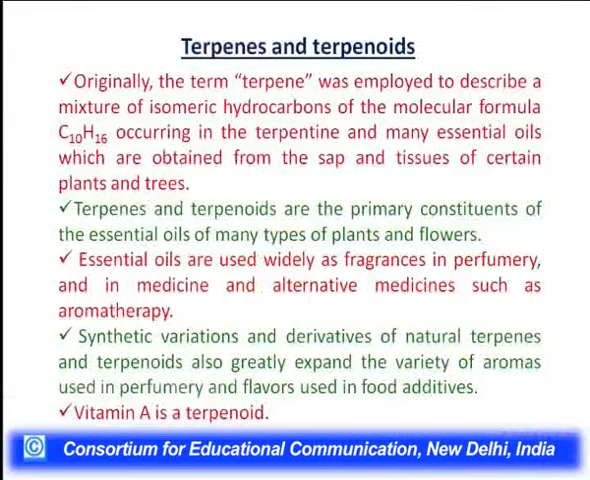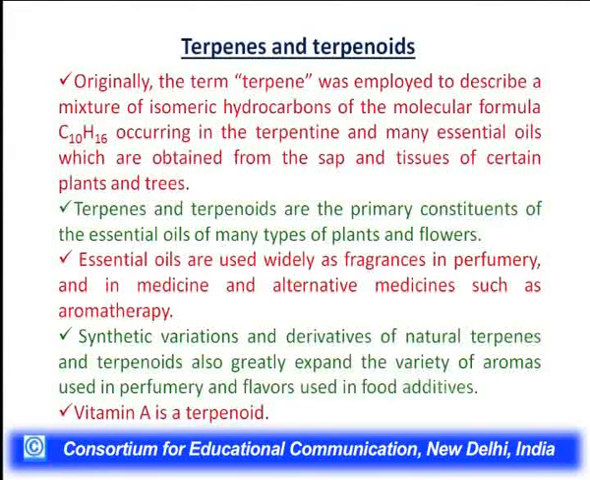So first, the introduction to terpenes. These terpenes are derived from the essential oils present in herbs and trees. The term terpene was employed to describe a mixture of isomeric hydrocarbons of the molecular formula C10H16 occurring in turpentine and many essential oils which are obtained from the sap and some tissues of certain plants and trees. These terpenes and terpenoids both are the primary constituents of the essential oils of many types